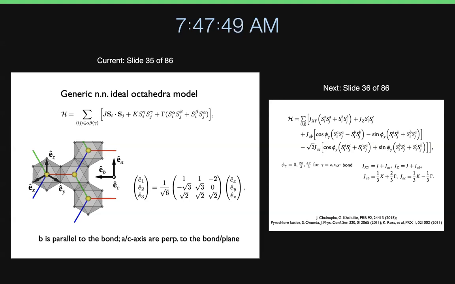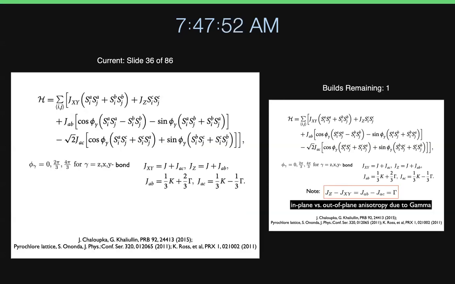Okay. So if you use that coordinate, this is how the model is written up, and that goes back to actually early days. This Hamiltonian was mainly used in a triangular lattice. I have just changed a little bit of the notation, because I call this JAB. I believe in this old paper, it's called J plus-minus, and JAC is called J plus-minus. So these are just a slightly changed notation.